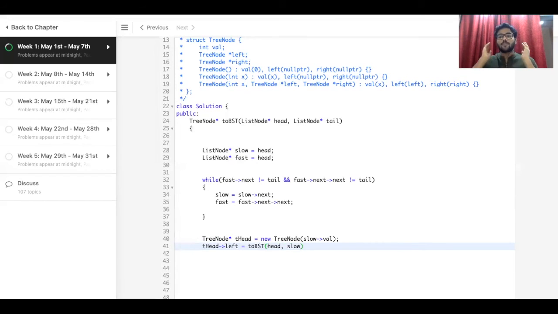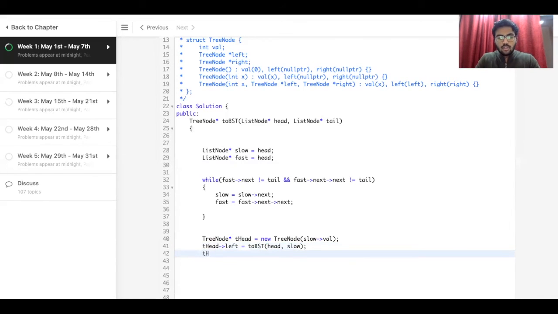Basically, if we have the middle of the linked list, everything on the left side would be on the left side of the tree, and everything on the right side would be on the right side of the tree, because it's a sorted linked list, and everything on the left is smaller than the middle, and everything on the right is bigger than the middle. That is the property of BST, and that will be satisfied here.